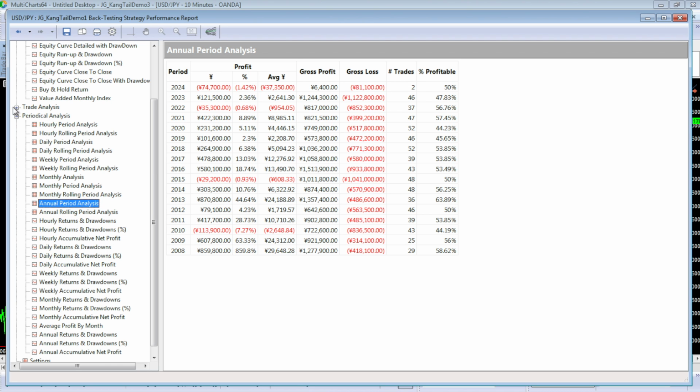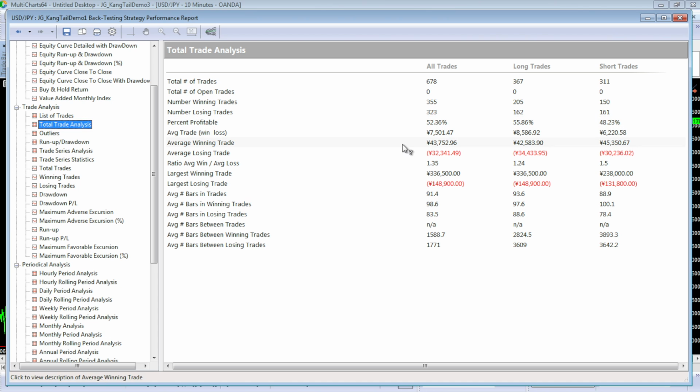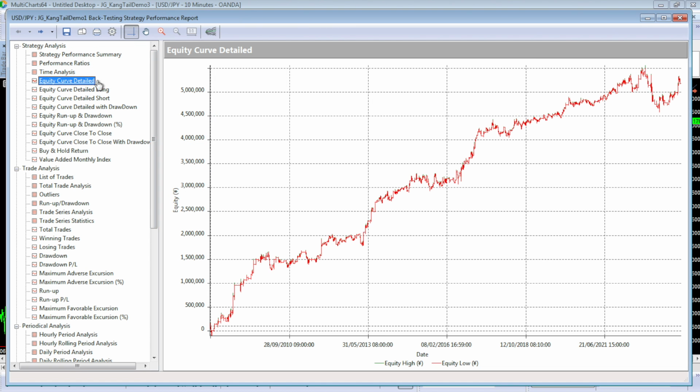Let's have a look at the average trade value. Average trade this time is 7,500 yen, so much larger than with the unfiltered version. Not quite double like we saw with the original data. Just going back to the equity curve again, if I look at